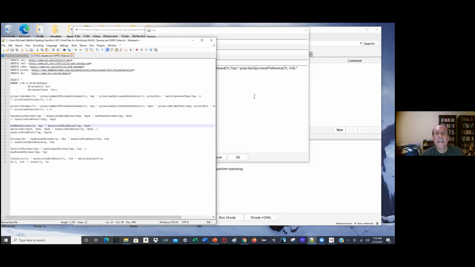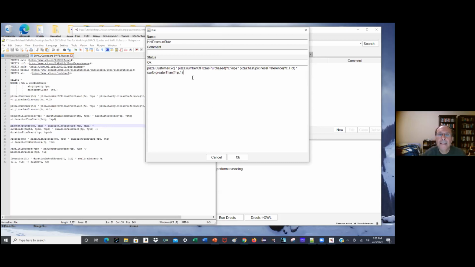Okay, because this is going to be just for people who like hot pizzas. And so that's the left-hand side of my rule. It says for all customers, I first get the number of pizzas they've purchased. I check that their spiciness preference is equal to hot. And then I check that the number of pizzas, which I found here, is greater than 1. Now, if all those things are satisfied, then I say